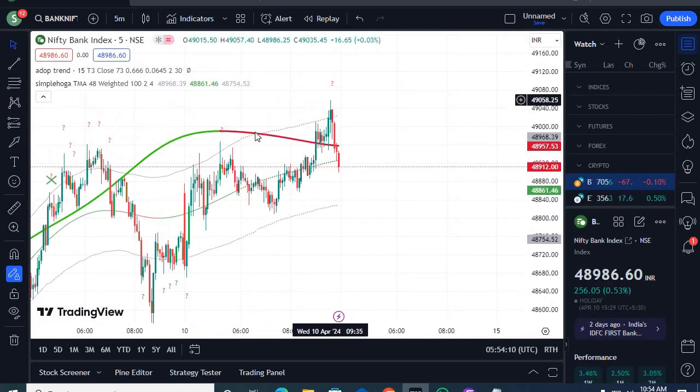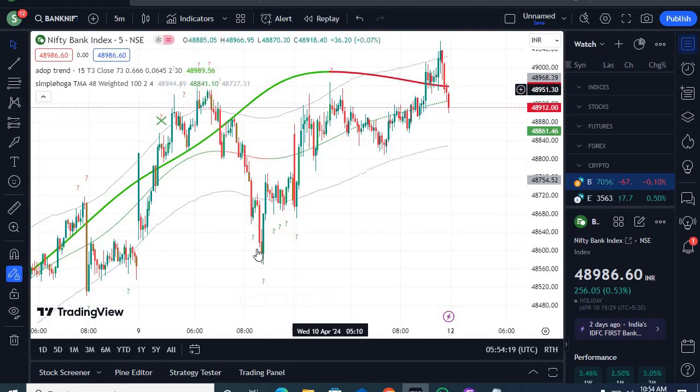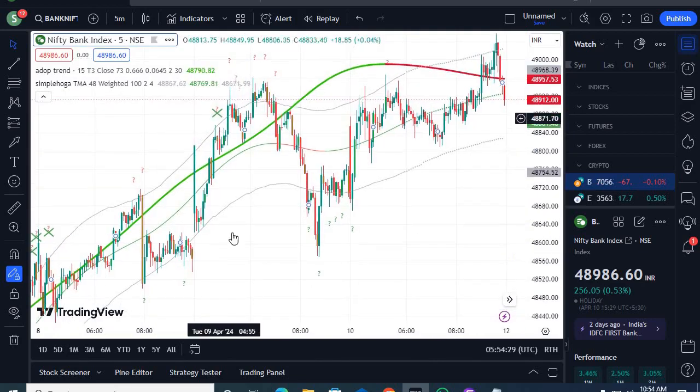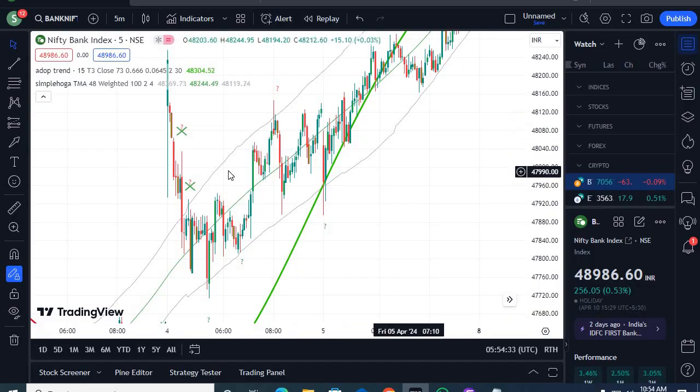You can see exactly sell signal, sell signal, sell signal, and the market will go down and definitely give you good profit. Buy trade and book your profit, sell trade, book your profit. Do not go for the sell trade from this point. Go for the sell trade, book your profit. Go for the buy trade and book your profit here. You will get consistent profit, with zero fake signals in the whole strategy.